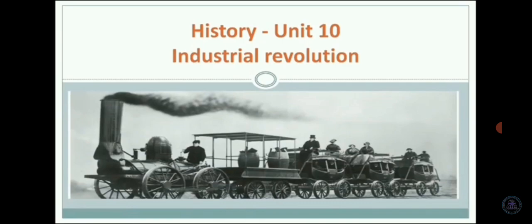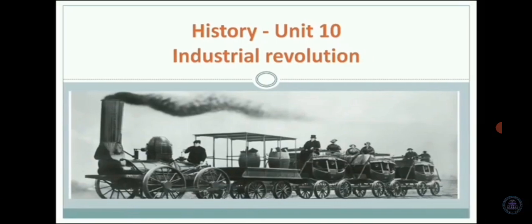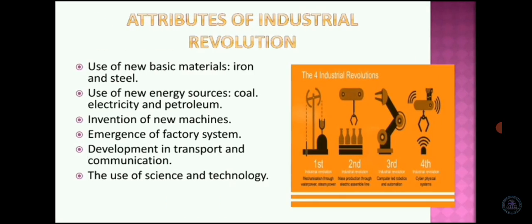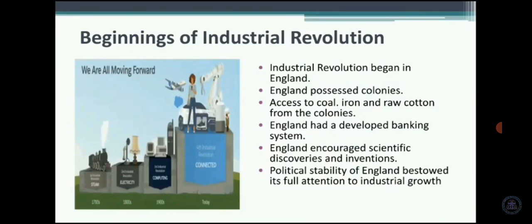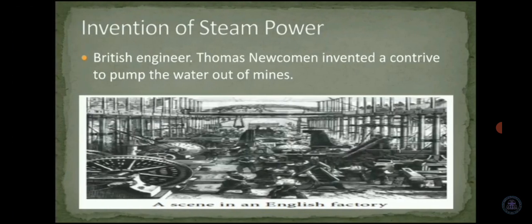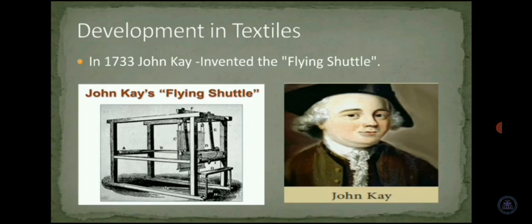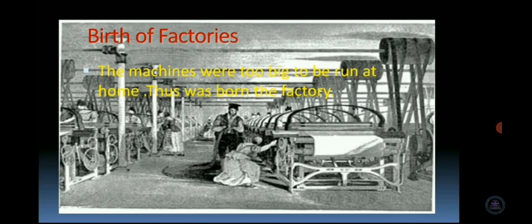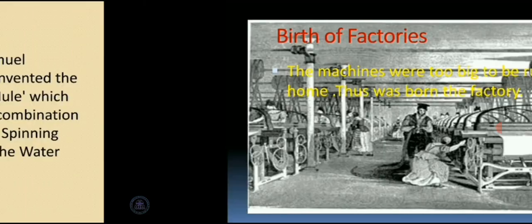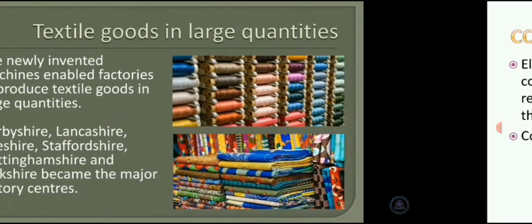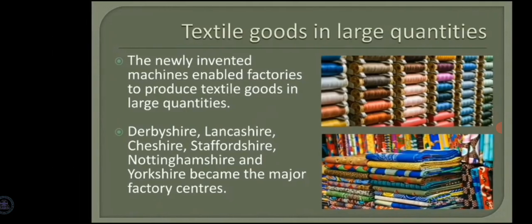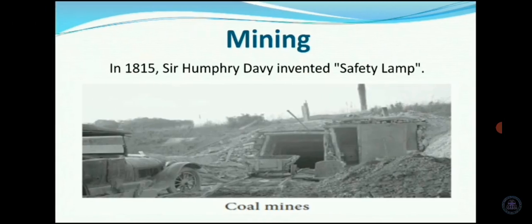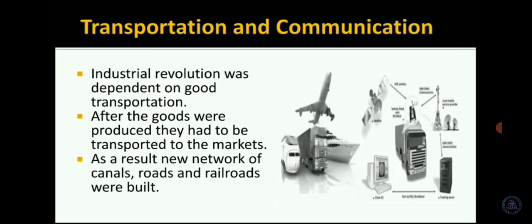In the previous class, we discussed the Industrial Revolution. Title: causes of the Industrial Revolution. Beginnings of the Industrial Revolution: invention of steam power, development in the textile industry, birth of factories, textile goods in large quantities, iron and steel industries, mining industry, transport and communication,